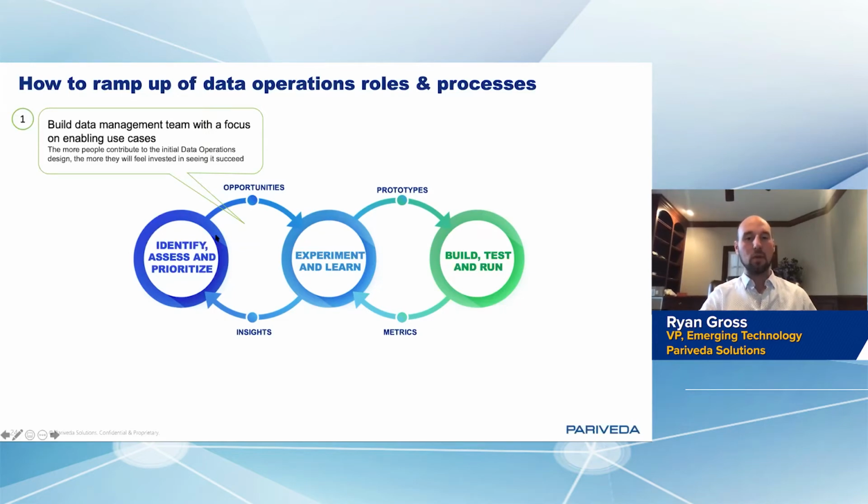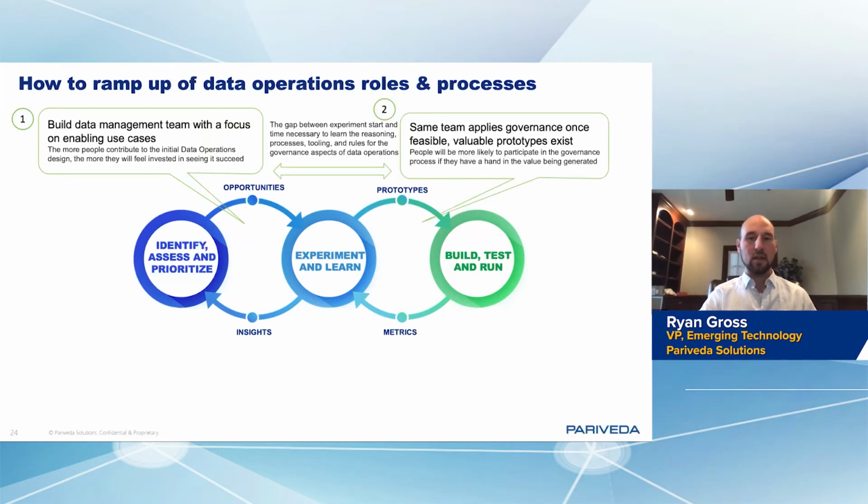Then, as you build out the experiments and get that prototype developed, you have the time to build up the capabilities such that you can apply the governance that says, yes, you did control for those data quality issues that were the most important for this particular use case. And you did ensure that access is managed along the way to each one of those data products, intermediate and end state,